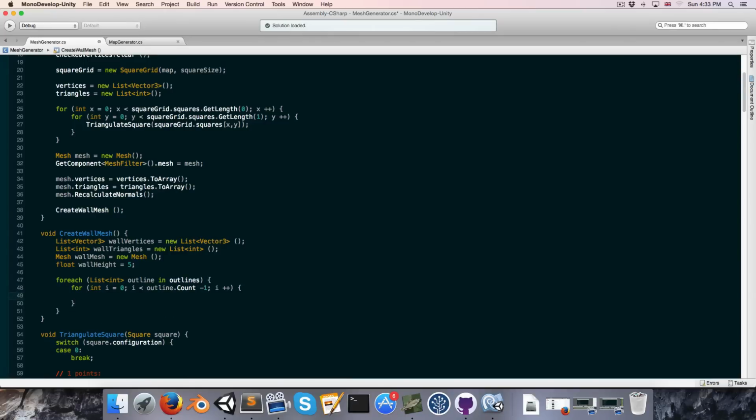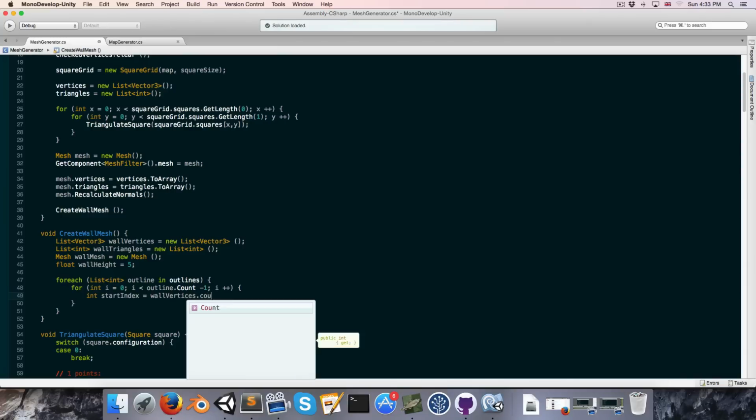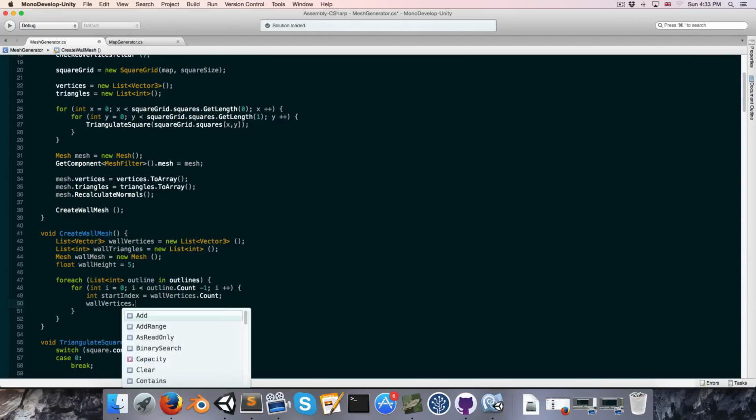Alright, so now we want to start off by creating an integer called our start index, which is equal to the number of items that we have in our wall vertices. So wallVertices.Count. And then we'll add 4 vertices to the wall vertices array, the top left, top right, bottom left, and bottom right vertices, which will make up the little section of the wall that we're working on. So we'll say wallVertices.Add